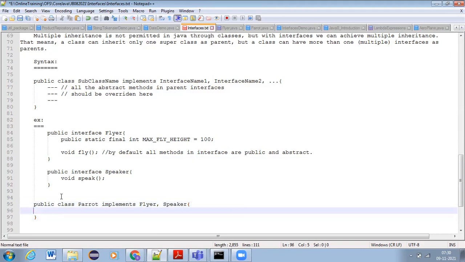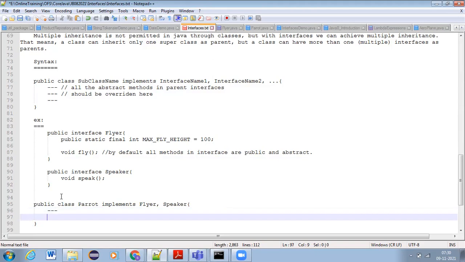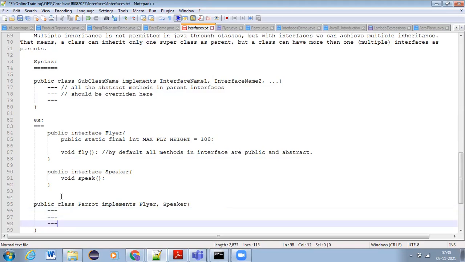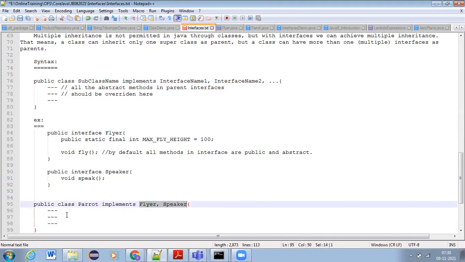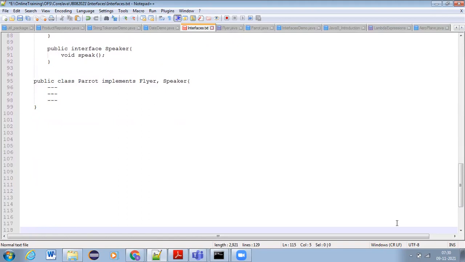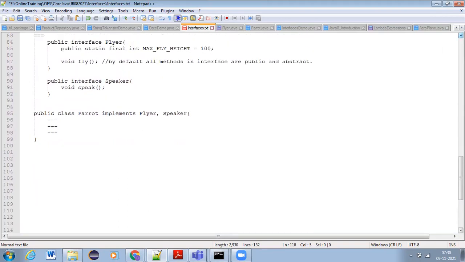And in the Parrot, you need to write all the member methods from this Flyer and Speaker. So now in Parrot, how many methods do you need to override, guys? All the methods presented in the parent interfaces, right? How many methods?